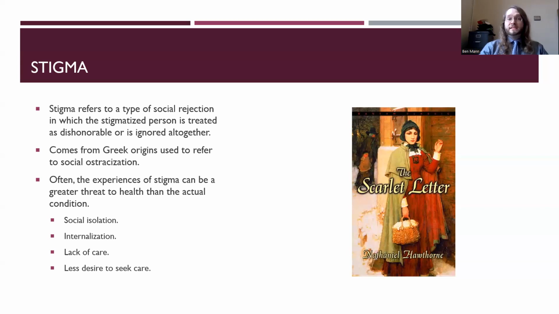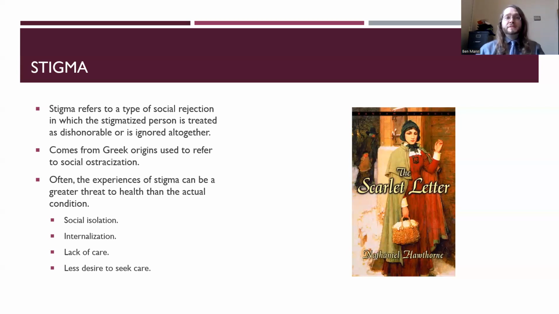If someone is experiencing stigma, they're more likely to be socially isolated. If somebody has a disease or condition that is causing them to be rejected by others, for example, leprosy was commonly seen as a stigmatizing condition. I don't want to catch this, so I'm going to be away from you. But even conditions that don't necessarily have a contagious component, for example, seeing someone with a difference in limbs that they possess or fingers that they possess, right, can be stigmatizing in its own right. Saying, what's wrong with you, can commonly be used as a way of stigmatizing an individual.